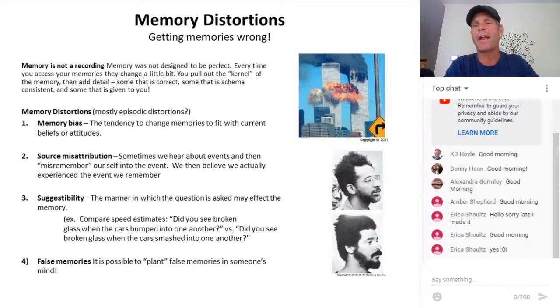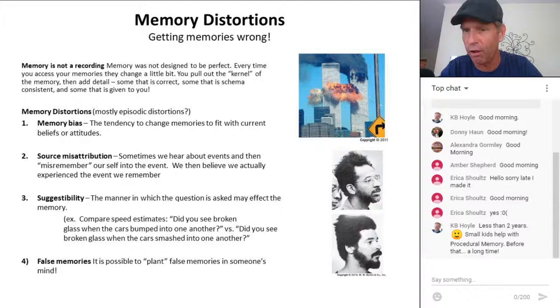Yesterday, we were talking about how to make your memory perfect. But you know what? I'll bet all of you know this, that our memories are not perfect at all. Small kids under 2 years old have procedural memory. Before that, a long time. Okay. So you have ridden a bike. But you know what? When you jumped on it 2 years ago, I'll bet you were surprised at how quickly you were back on that bike, right?